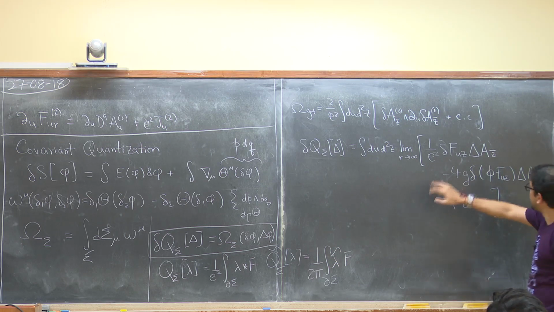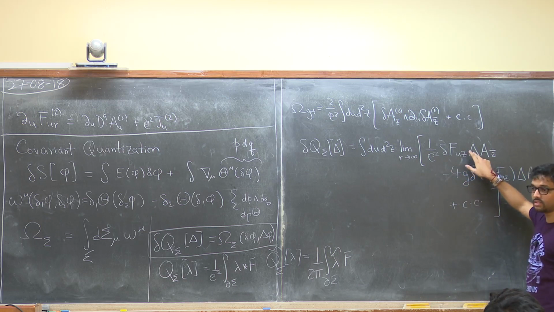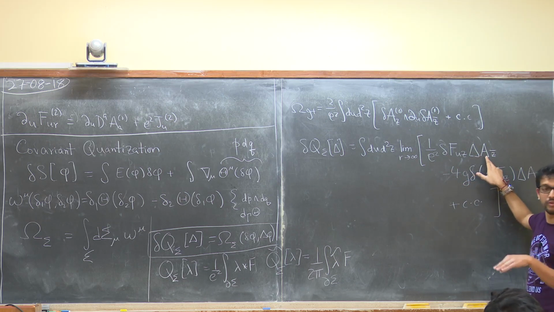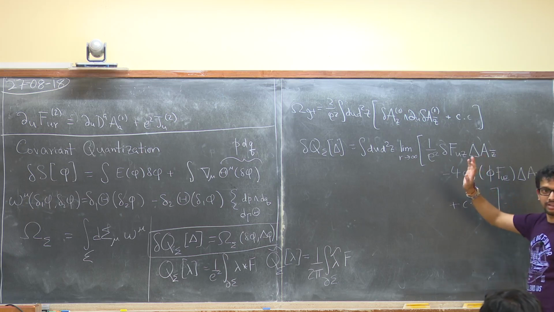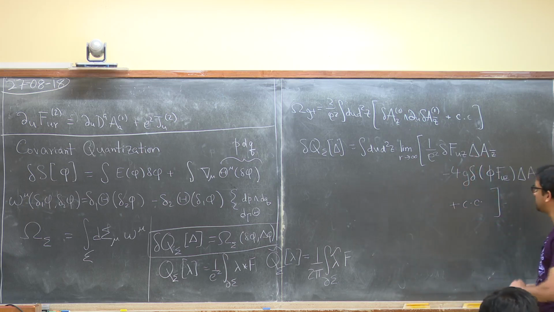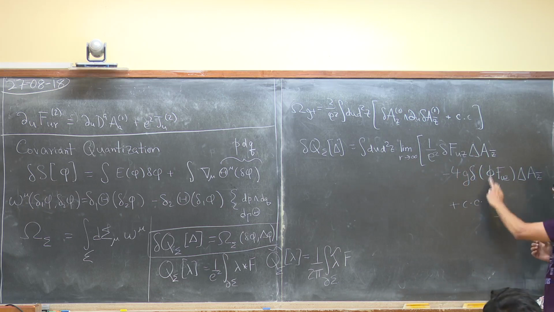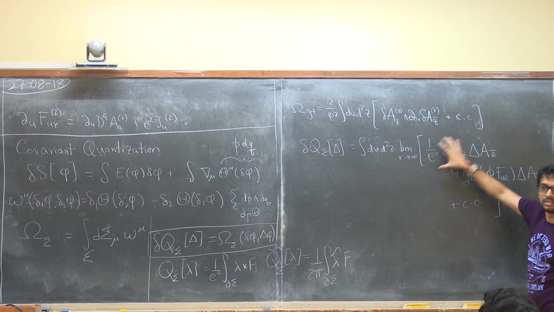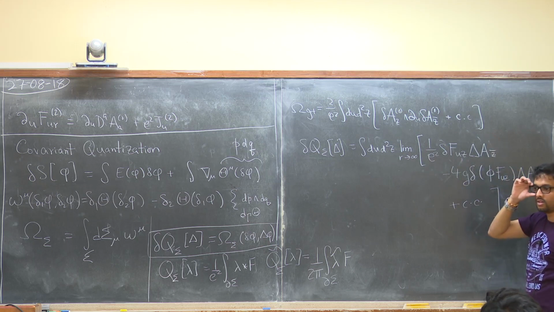The point is that if I choose my deltas to be tangent to the phase space, then delta A has to have the same fall off as A itself. Otherwise, you're not moving tangent to the phase space. If I assume that, which is what I was doing in everything here, this term drops out. Because phi falls off like 1 over r, f is order 1, and A is order 1. So delta A is also order 1. So this entire dimension 5 term falls off like 1 over r. So it just doesn't contribute in the large R limit. This is the only order 1 term that contributes. That additional term came because the symplectic form is modified?